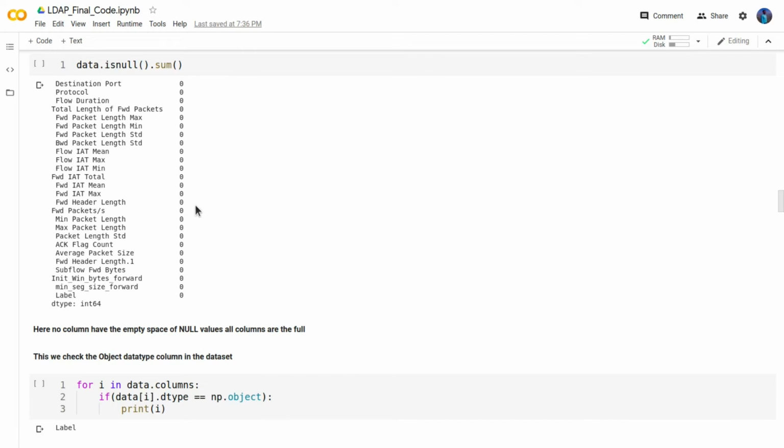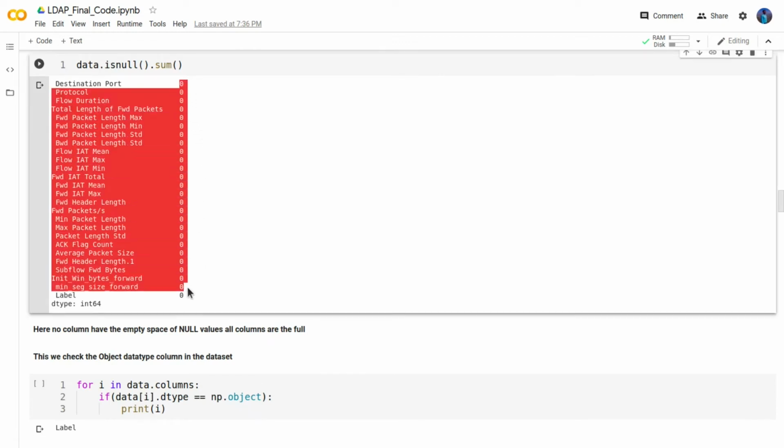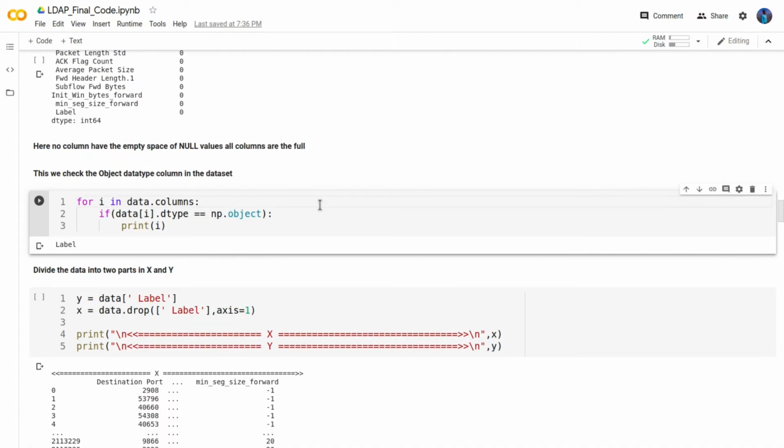Here you can see no null values are present, and it shows 0, so we do not need to fill any column. Now we check whether any object type column is present. This shows one column has label data.